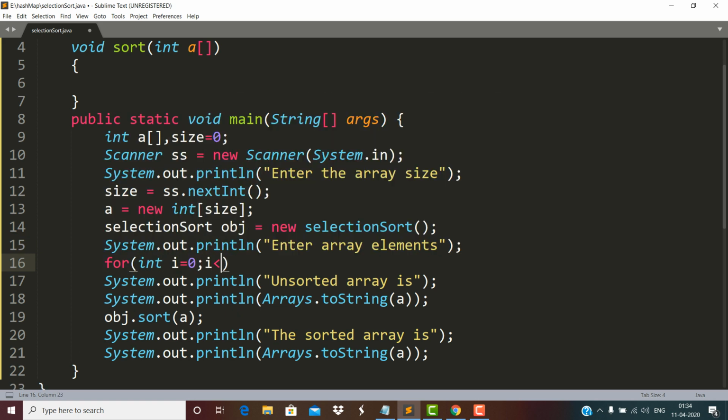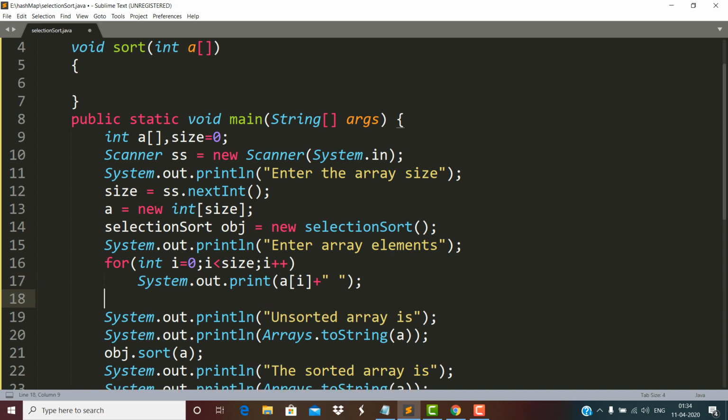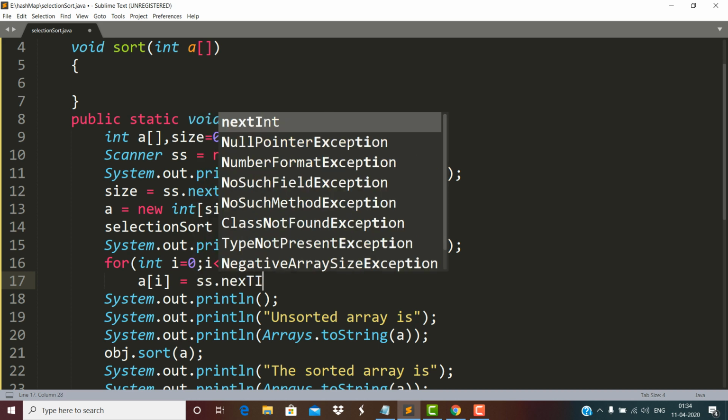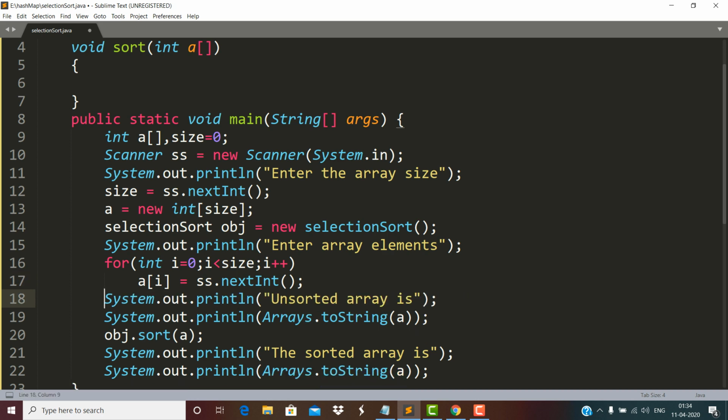and that is a of I. Along with this, here we have filled the array, and that is a of I is ss.nextInt. And now here within this function body,